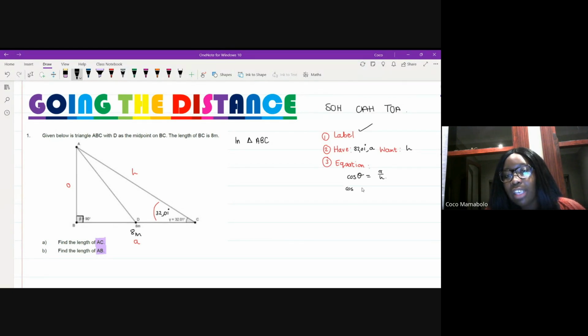Right, so cos of the angle, 32.01, is equal to the adjacent, which is 8, over the hypotenuse, which is AC. Then I'm going to put that over 1, and then I'm going to cross multiply. So I'm going to end up with AC cos of 32.01 is equal to 1 times 8, which is just 8. I want AC on its own, so I'm going to divide both sides by cos of 32.01. Those two will cancel. And my answer should come out AC should equal